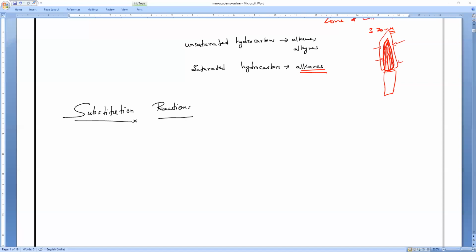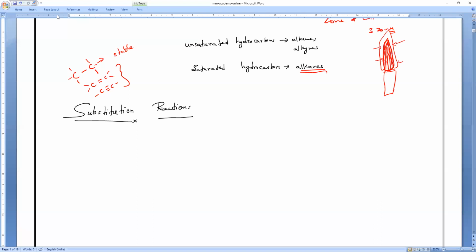Yeah. Now, the reason behind it, all of you note it. This is the most important one. Wherever the carbon-carbon is having a single bond, it is more stable. Do you understand, Hari, what I'm saying? Compared to the carbon-carbon double bond or carbon-carbon triple bond. Carbon-carbon double bond and carbon-carbon triple bond are more reactive than carbon-carbon single bond. That's the reason